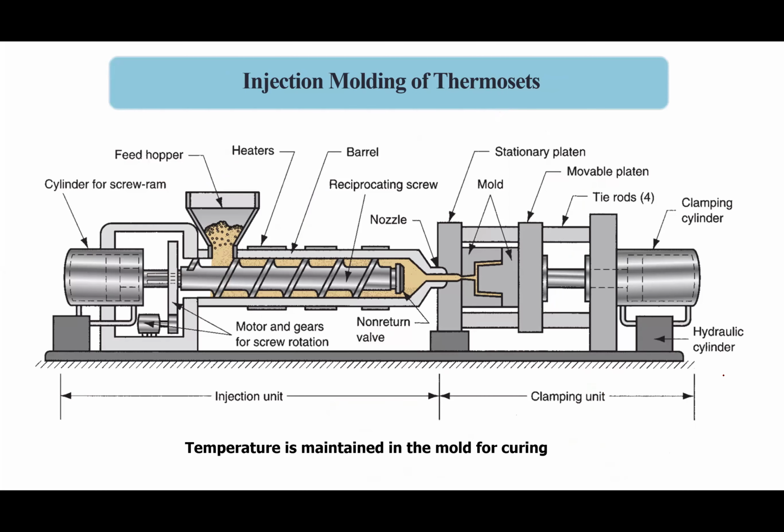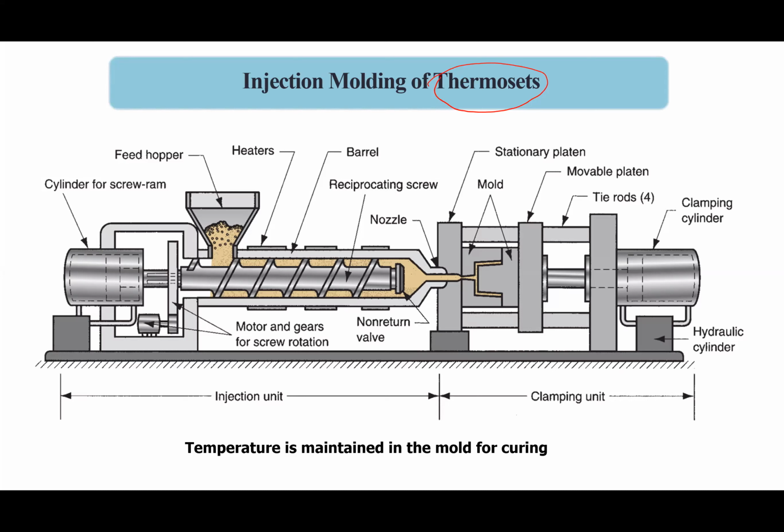The final one is injection molding of thermoset material. Thermoset material, can anyone define the thermoset material? That is a chemically changed one, permanent. Not recyclable, a non-reversible reaction. When the material is heated and produced a product, you cannot melt it again. Yeah, there's a permanent chemical bonding. Polymer chain is produced. Okay, so it is same as the previous